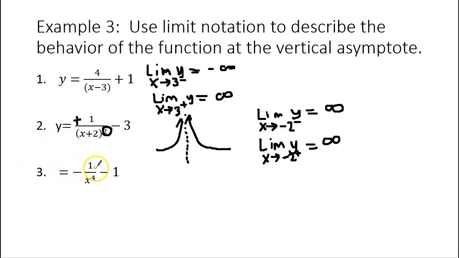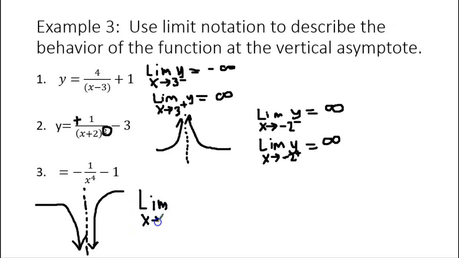Let's take a look at one more here. In this case, I have an even power with a negative fraction. When you have an even power and a negative fraction, your graph looks like this. It goes down on the left and it goes down on the right. In this case, my vertical asymptote is 0. So here's how I would describe what happens with my function as it approaches the vertical asymptote. I would say the limit as x approaches the vertical asymptote, which is 0, from the left side